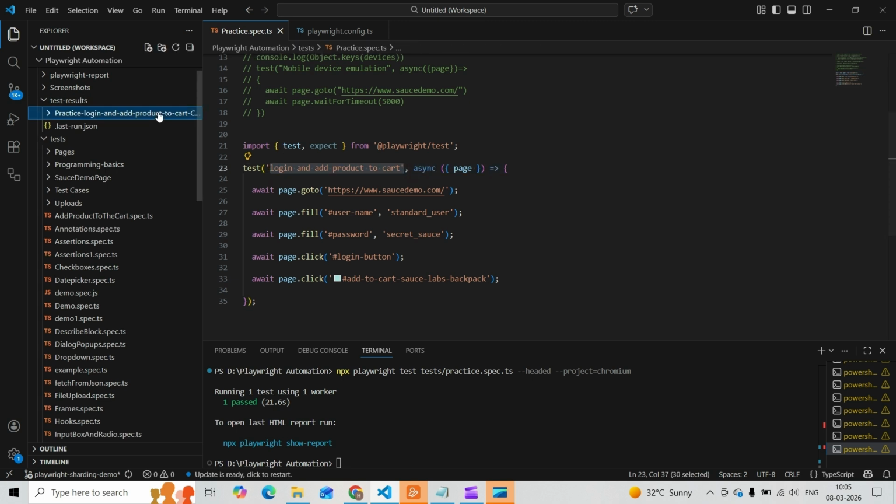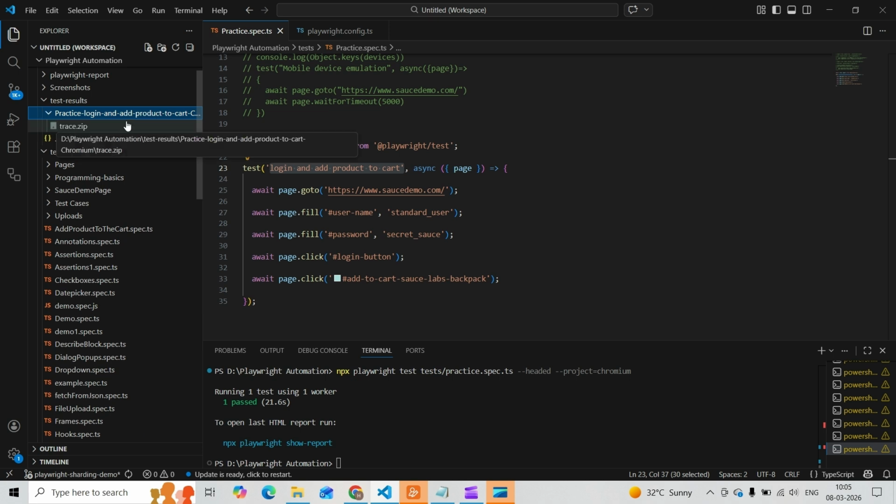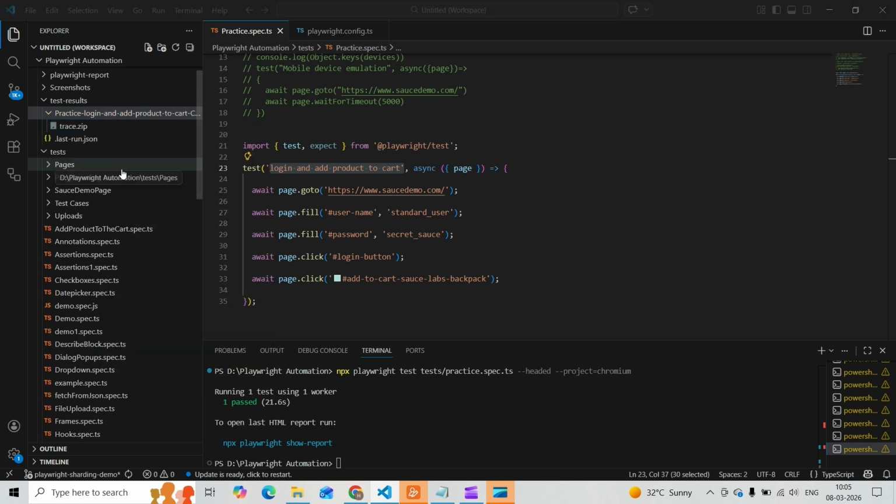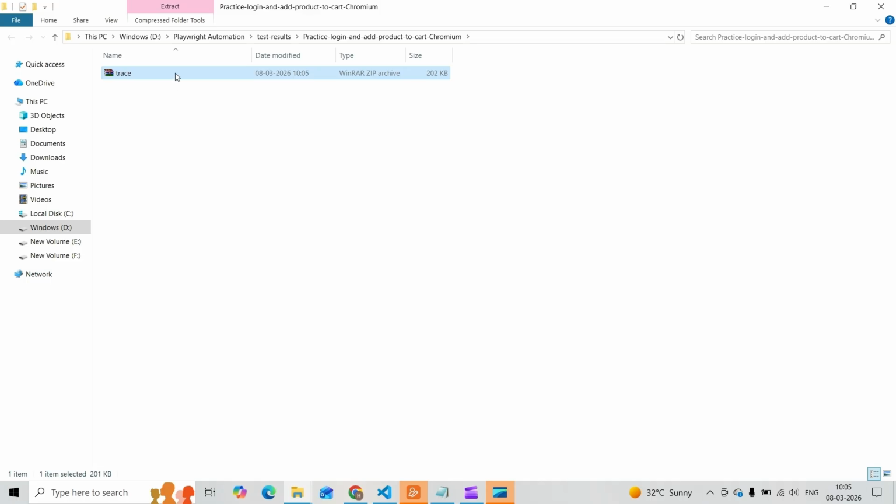Here you can see it will give the zip file. If you want to see that, right click and go to its location, reveal in file explorer. Here you can unzip it and share it with your team, or you can just share this trace file. Okay, so this is one way, or another way